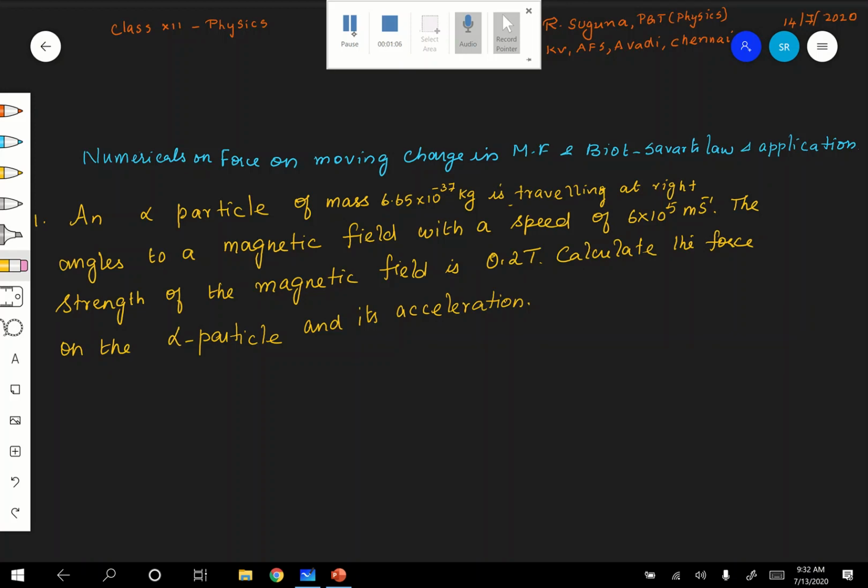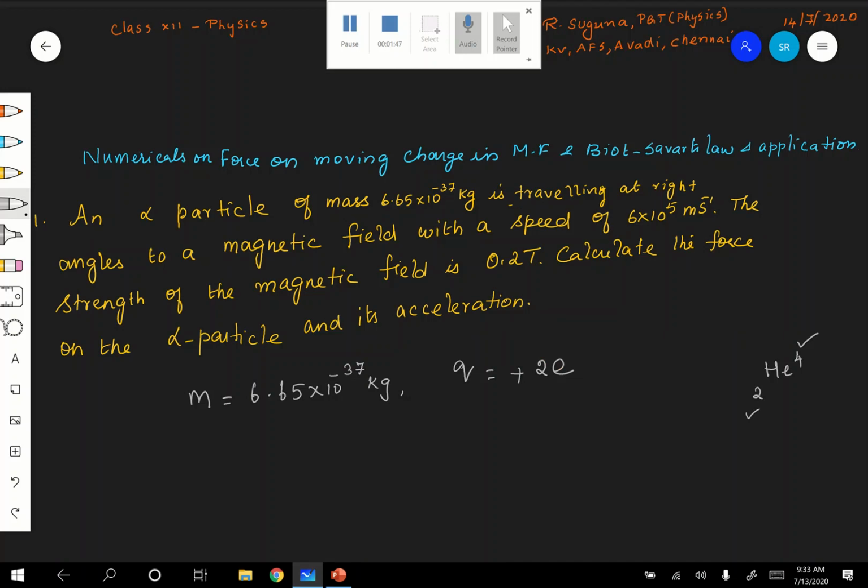Mass is given. Therefore, m is equal to 6.65 × 10^-27 kilogram. Okay. And the charge of the alpha particle. Charge of the alpha particle means, I think you know, the helium nucleus. This is the mass number and this is the atomic number. Here, what is the charge? The charge is positive. Definitely, alpha particle has positive charge. And what is the charge here? Plus 2e,